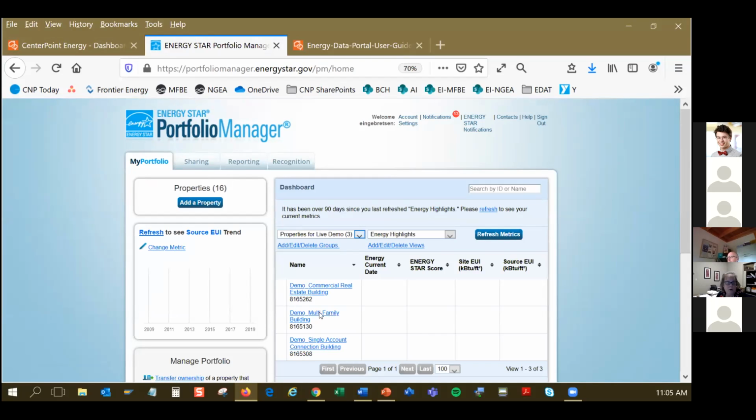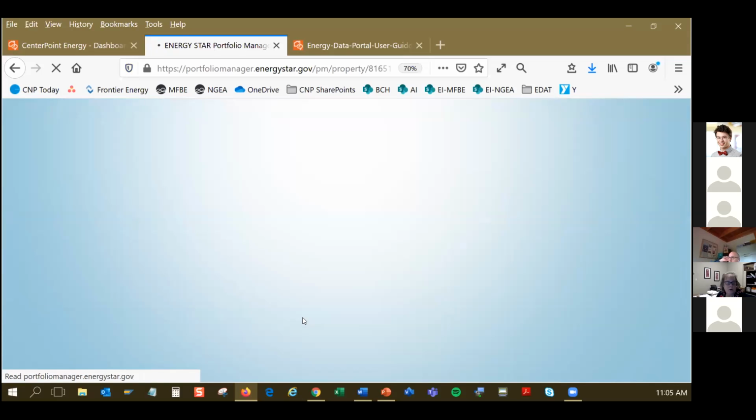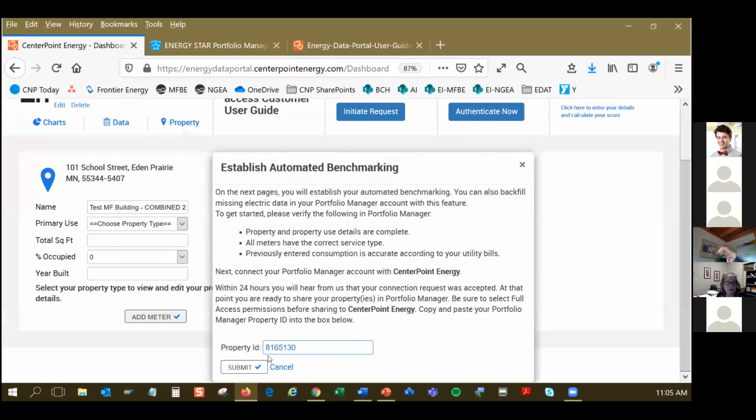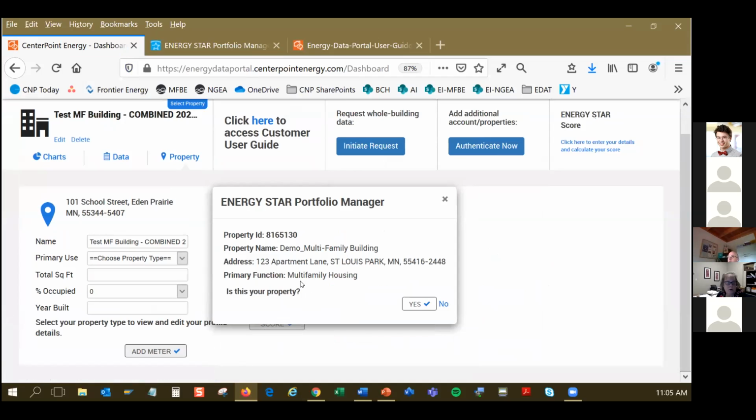You can find it if you're on this screen. It's this number below the property name. If you're on the property page, it shows up underneath the building name here, Portfolio Manager property ID. So you can just copy and paste that, go back to the Energy Data Portal, plop it in there, click Submit. That will bring another pop-up window